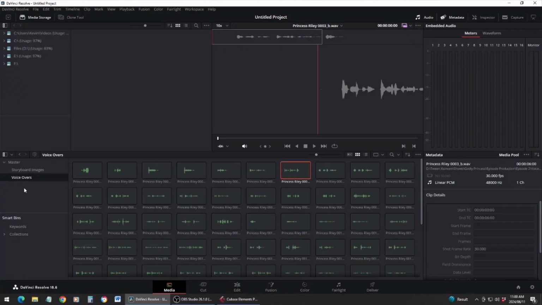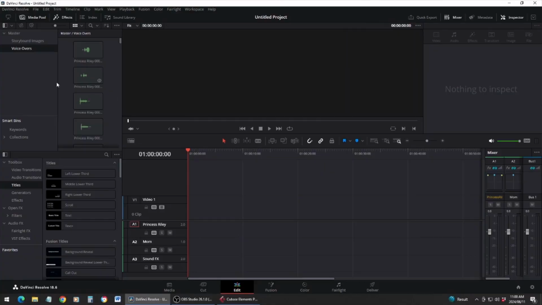And then you can also create another bin for sound effects. You can create another bin for background music, etc. So make sure you try and organize everything. So when you build your animatic, you know exactly where to find what you are looking for. It will just speed up your process. Okay, so once you've imported your storyboard images, your voiceover recordings, and also your sound effects, then you can start